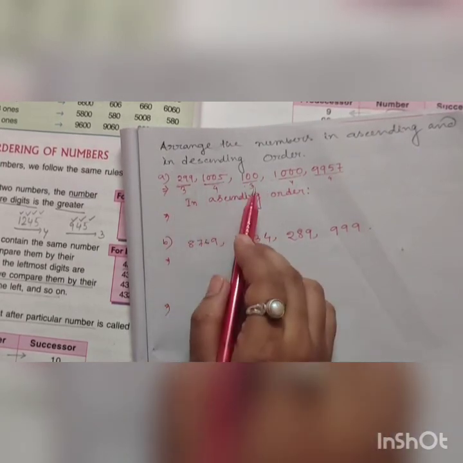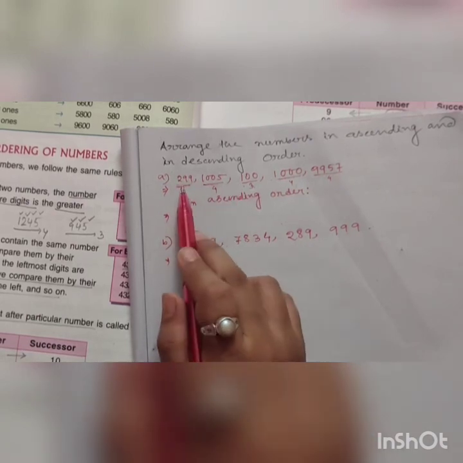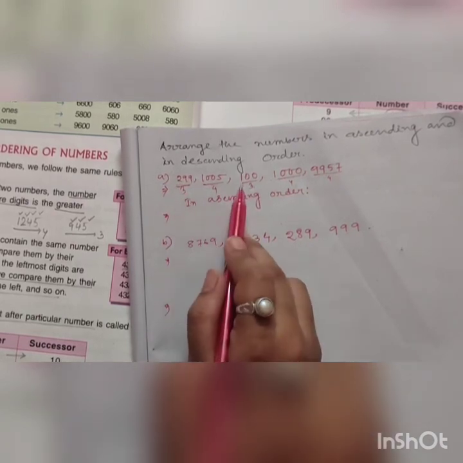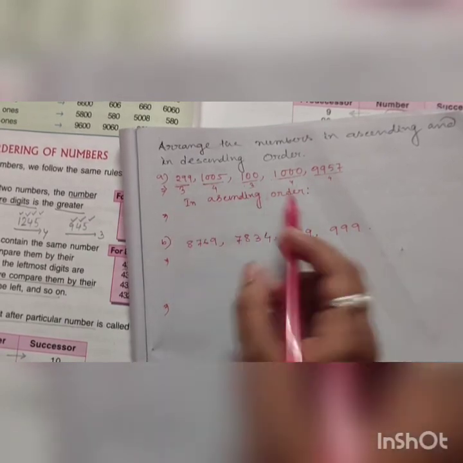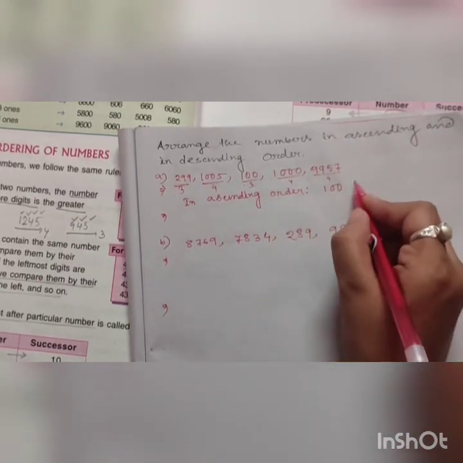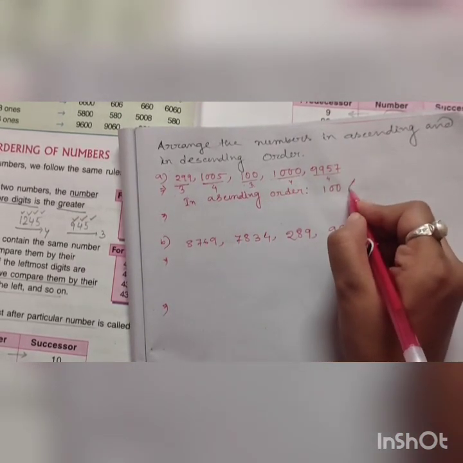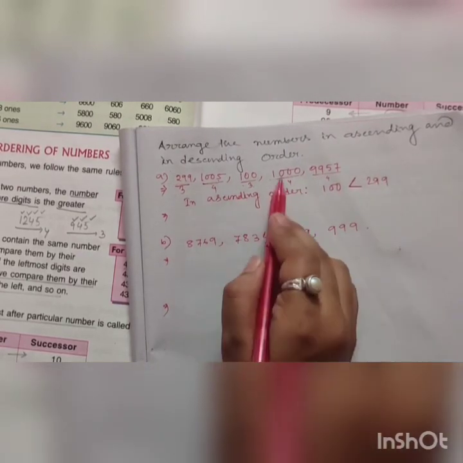So we will compare them by comparing the leftmost digit. The leftmost digit is 2 and the leftmost digit is 1. So which one is smaller? 1 is smaller than 2. So 100 is smaller than 299. So 100, and in ascending order we will use this sign, less than sign, then 299. Now we will compare this